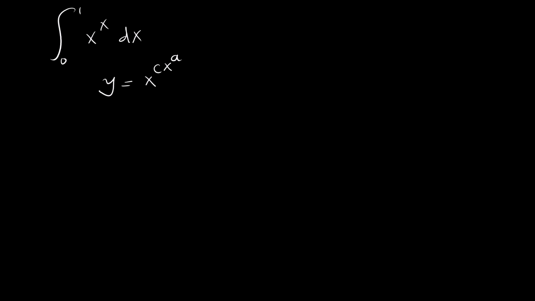Since we know that x is equal to e to the power natural logarithm of x, then we can say that x to the power c, x to the power a is equal to e to the power natural logarithm of